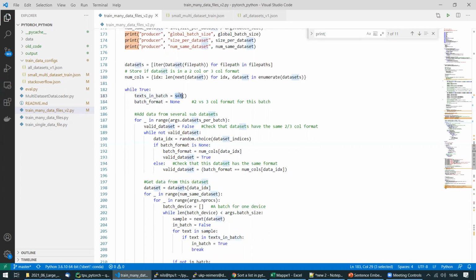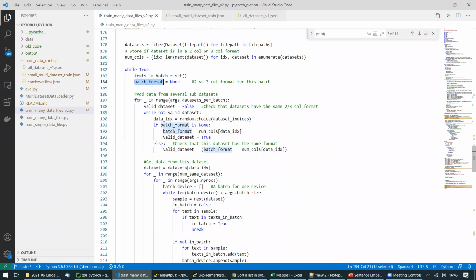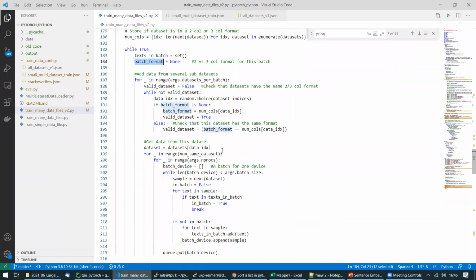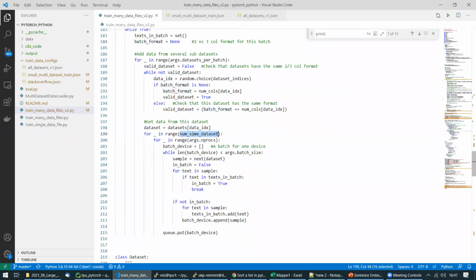So we define a set where we have all the texts in a batch. We define what our batch format is. So is it 2 columns or 3 columns? And then we randomly select a data set. We ensure that it has the correct format, so that all the data sets we select have 2 column format or 3 column format. And then we get the data from this